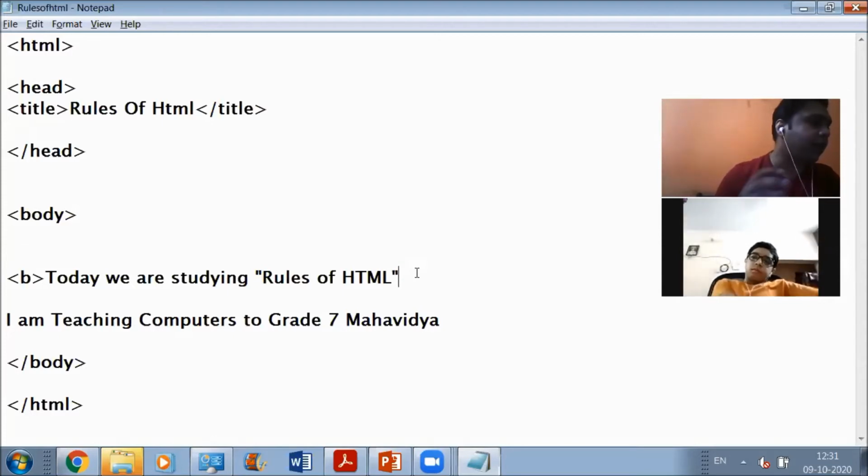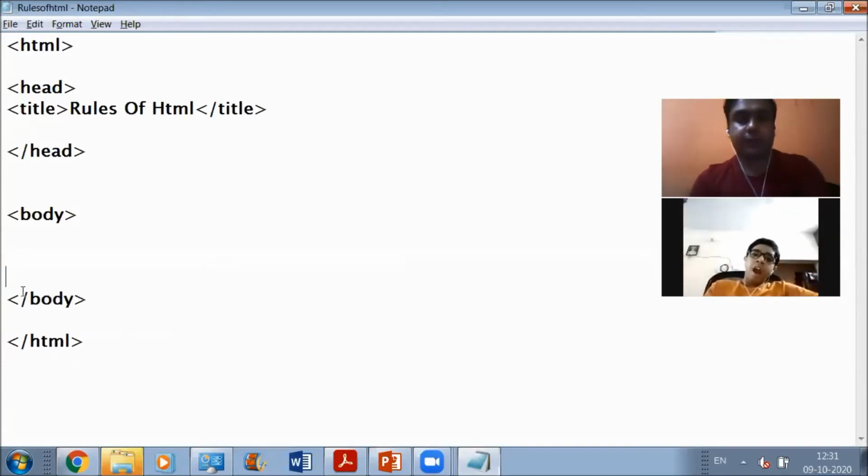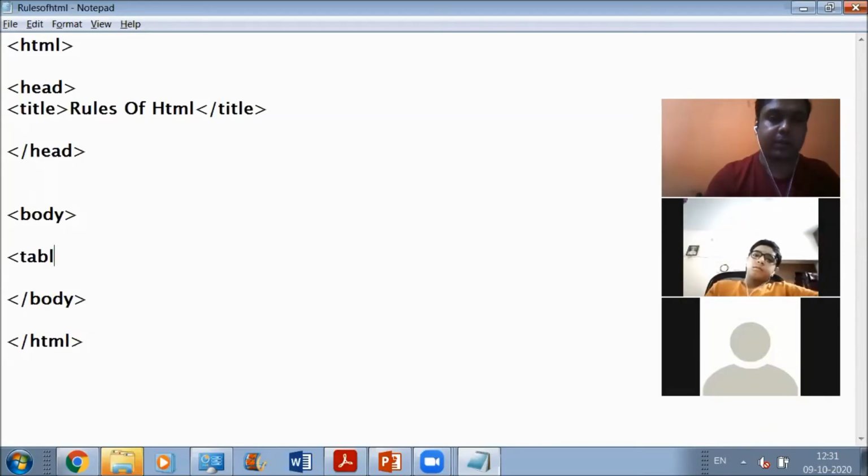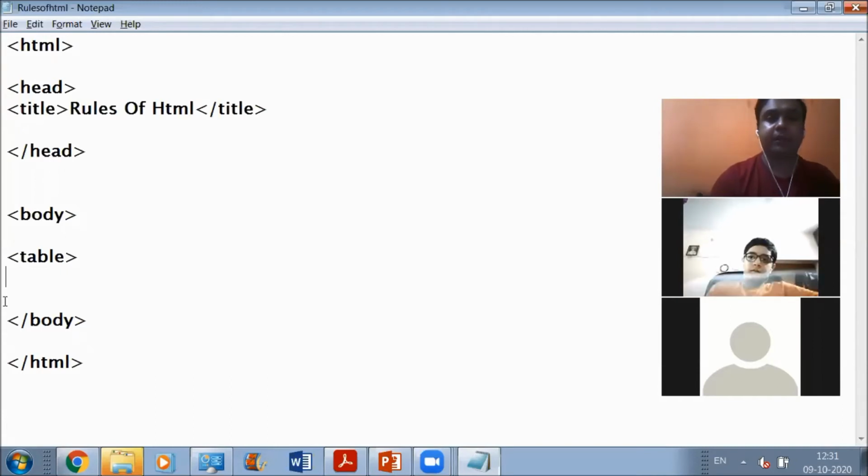The third point is saying values given to the attributes should be enclosed within quotes, especially if the value contains any blank space. What is the thing that we require for understanding this point? Let's define a table. For defining a table in the web document, the tag you can use is the table tag. Now let's define a row for this table. For defining the row, you can use the tr tag.